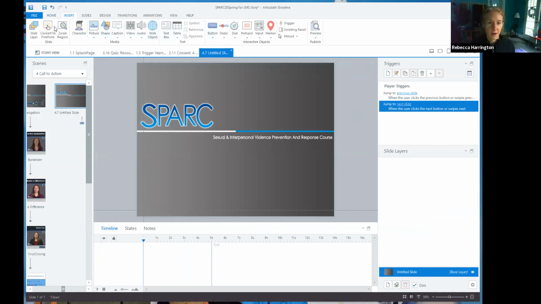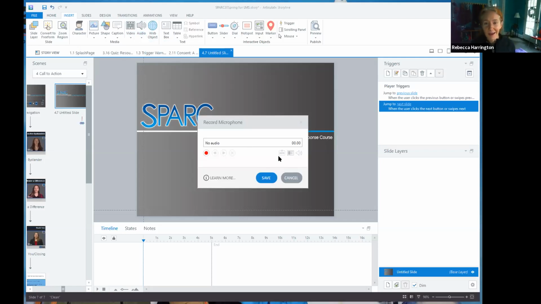So up here on our insert ribbon, last week we talked about inserting video, and we looked at all these different possibilities. We can also do this. We can insert from all these different places. So an audio file, so somebody has sent you a clip, or we can record mic. I'm curious what will happen because my mic's already being used by Zoom. And then this is my record button, it will give me a countdown.